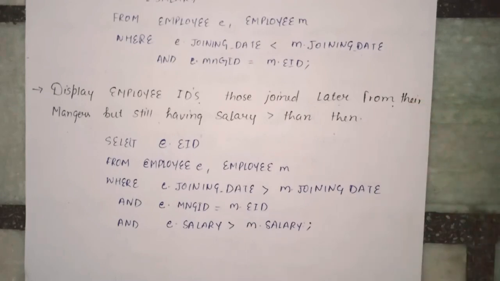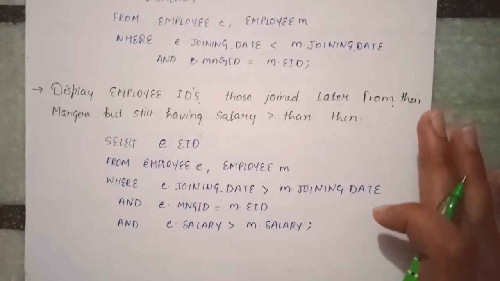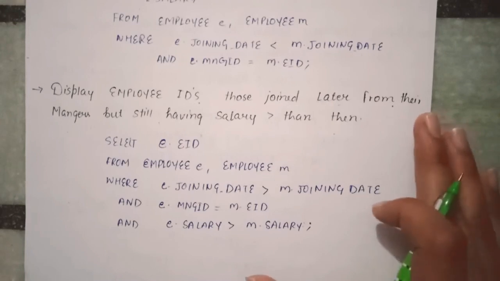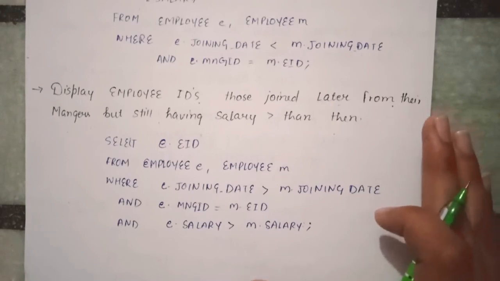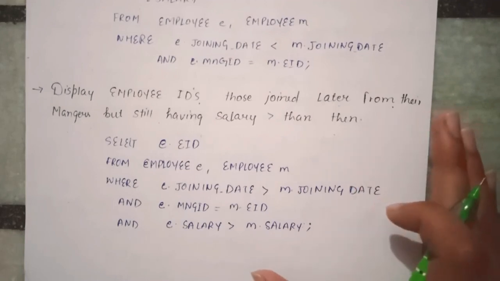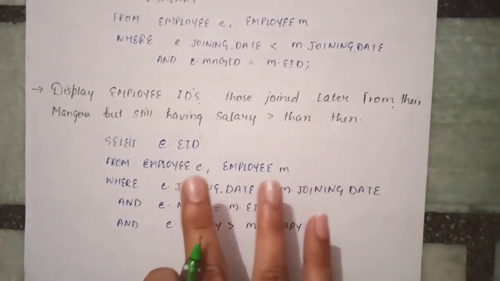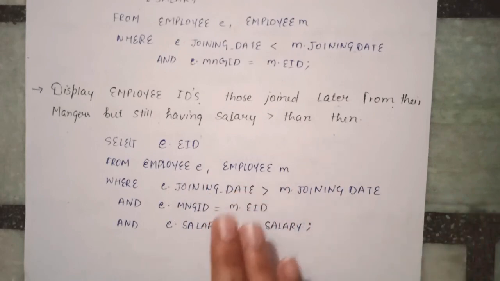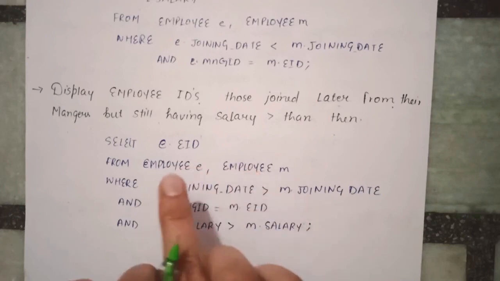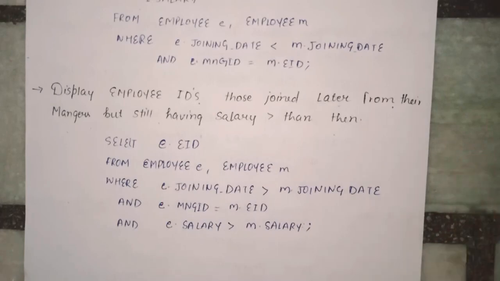Okay, so these are the queries that we have discussed that basically relate to a self join. So just understand one thing: whenever we need to use the concept of self join, if a table is representing information about more than one thing, then in case of querying these kinds of tables we make use of self join. So in order to use a self join, just create objects of that same table, use these as different tables and make use of joins. Okay, so this is the whole concept of joins, but simply we have created two objects of the same table. So this is a self join example with SQL queries. Thank you.